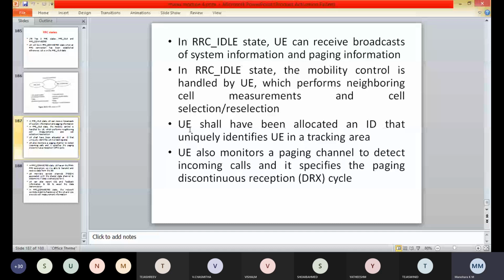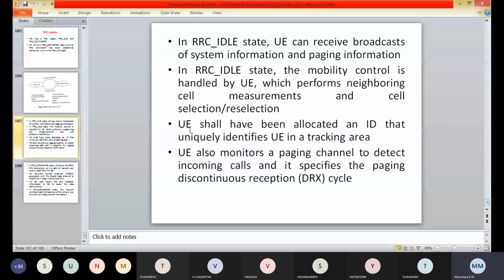The first one is SRB0, which is used for RRC messages using the CCCH logical channel. SRB1 is used for RRC messages and NAS messages prior to the establishment of SRB2, all using the DCCH logical channel.